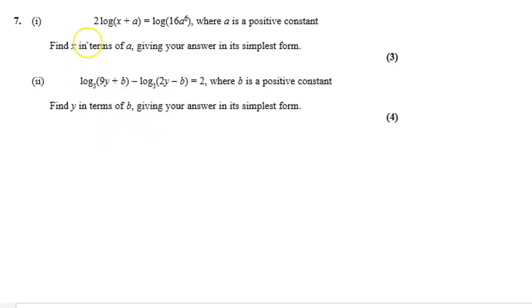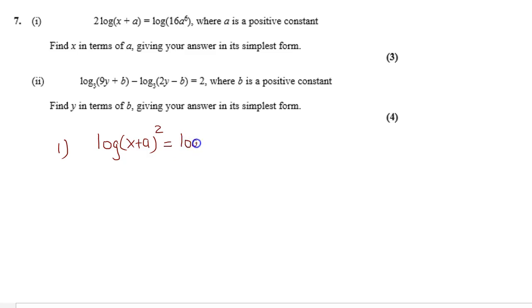Question number 7 is 2 log(x + a) = log 16a^6. We have to find x in terms of a. So the first part is, we can write this as log(x + a)^2. We know that m log n is equal to log n to the power m, so this power will be 2,